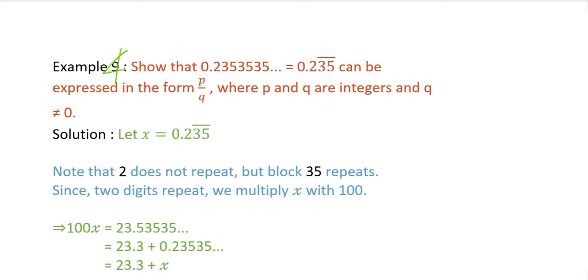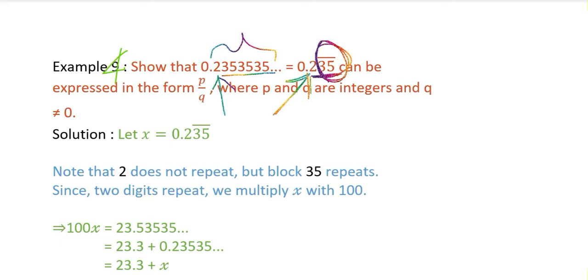So in this number you can see you have a repeating block of 35, right? 35 is getting repeated here, but 2 is not getting repeated. So let's check out how this number is written. 2 is written only once, baki 35 is being written 3 times, because that is the repeating block, and we